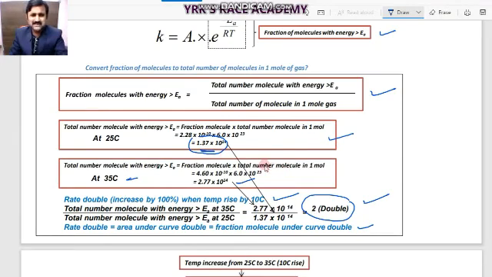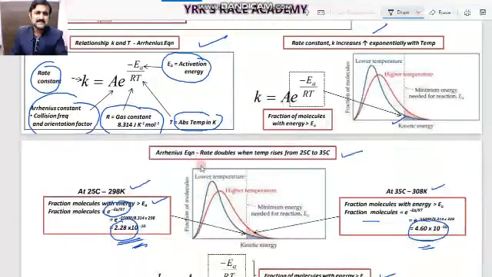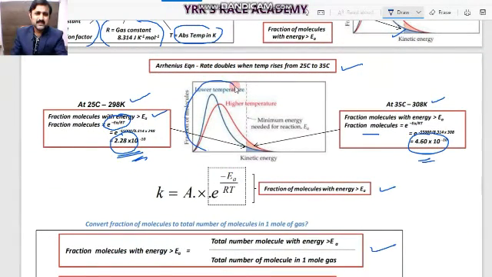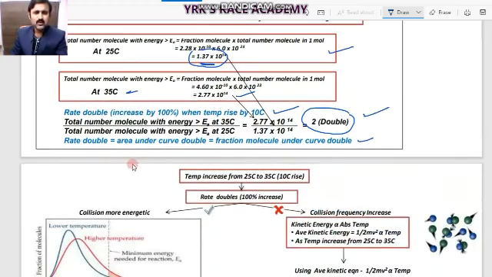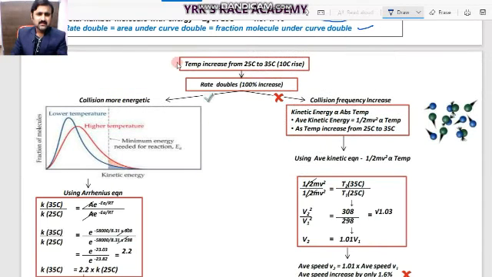So the curve means all the information from this graphical representation only. Under the curve we are telling, that is the meaning of this one. So simply, what is the final conclusion of this one? When we raise the temperature by 10 degrees Celsius, then what will happen? The rate doubles. So reaction speed increases, and in that case activation energy decreases. See, the temperature increases from 25 to 35 degrees Celsius, when a 10 degree rise we observe, the rate doubles, 100%.